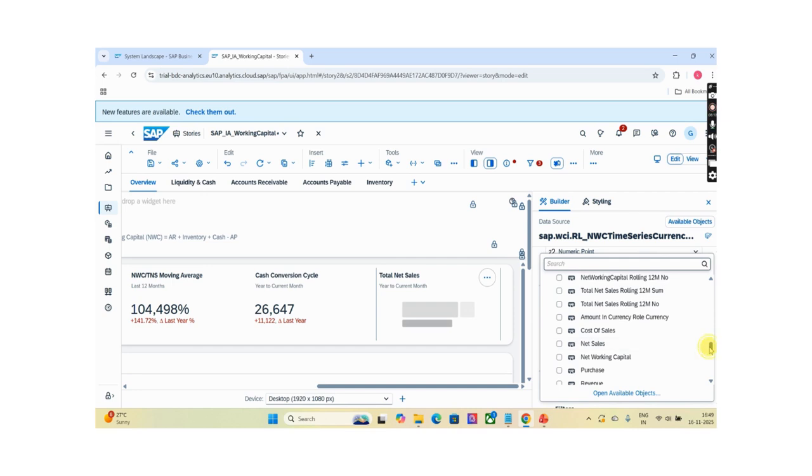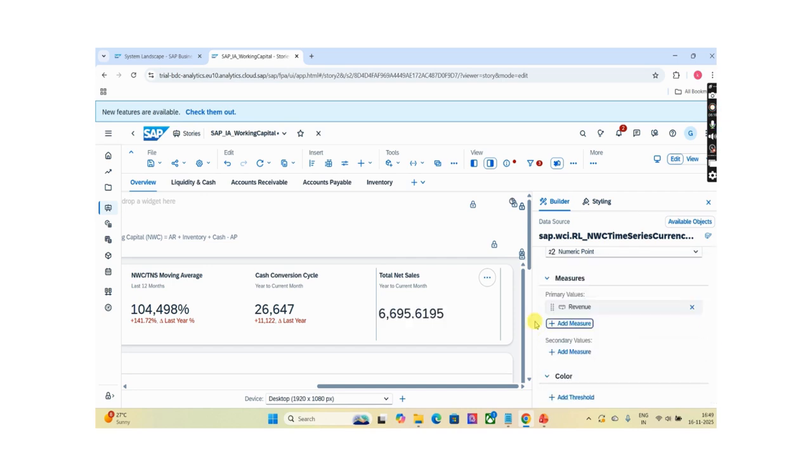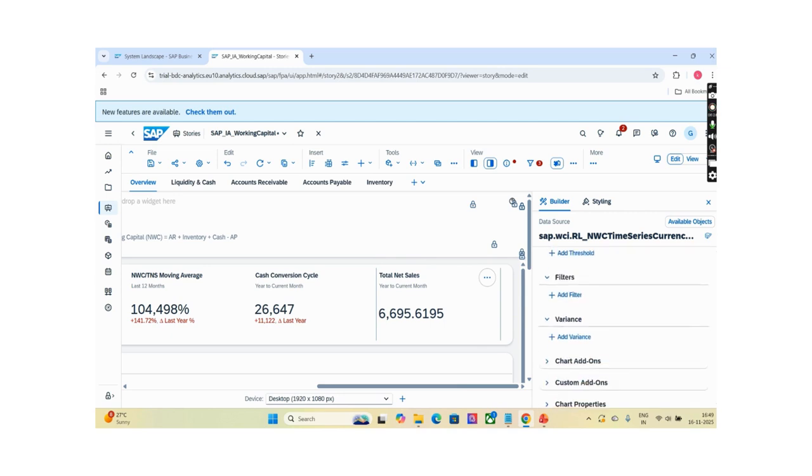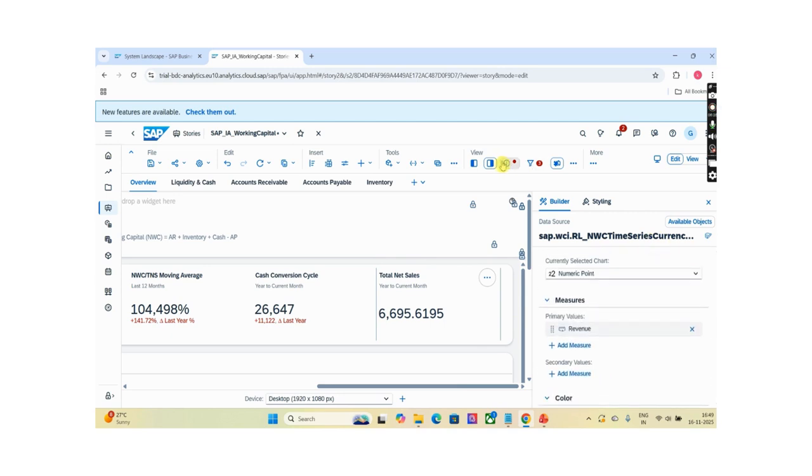Okay, revenue, I'm selecting the measure as revenue. And here I'm removing this variance. I don't need variance, I just want to show revenue here. That's set. And also we need to make a change: instead of net sales, we can rename it to revenue.